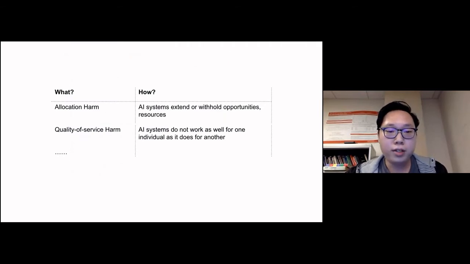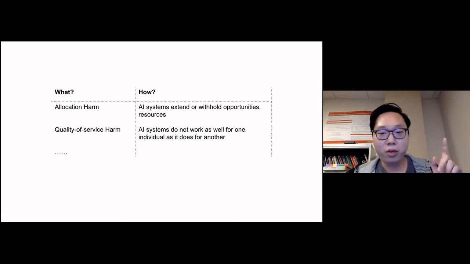So regardless of how powerful AI is when it actually works, having human biases embedded in those models could bring actual harm. For instance, quality of service harm will be done when a system does not work as well for one person as it does for another. Just think about the previous example of how the facial recognition software thinks a man has his eyes closed. I guess the model would work much better if that person is white.